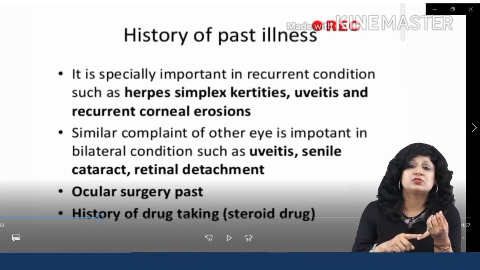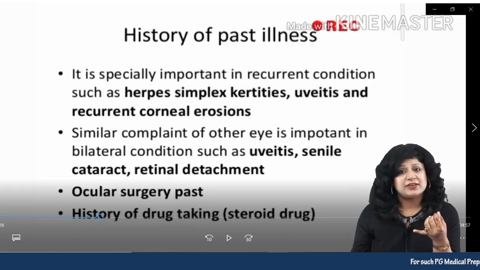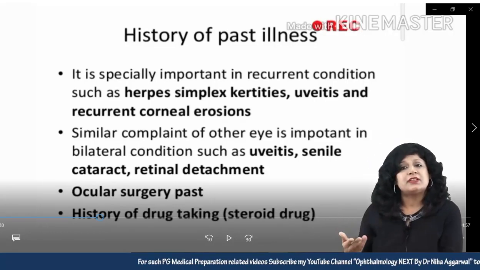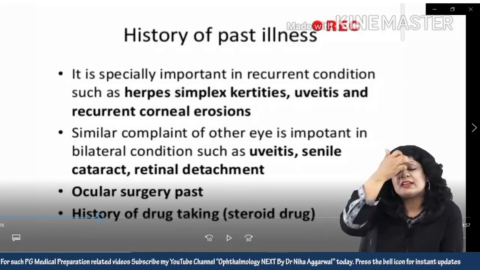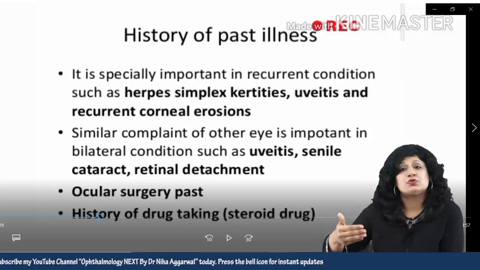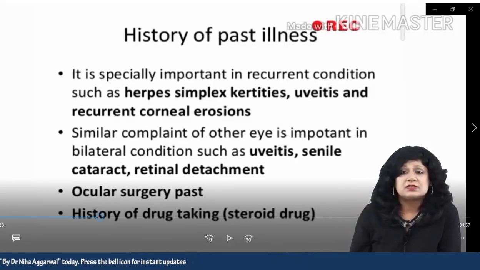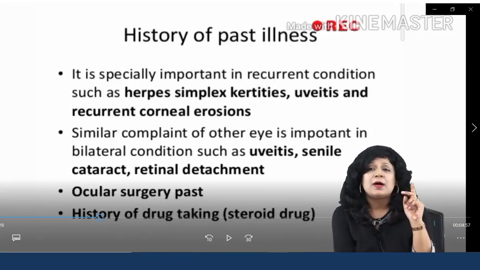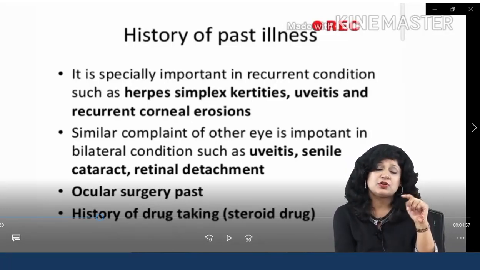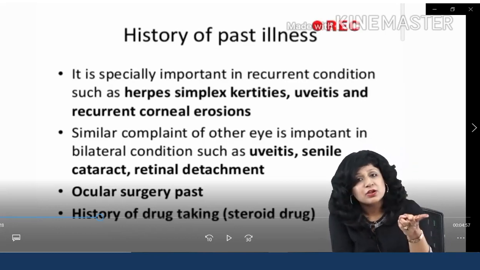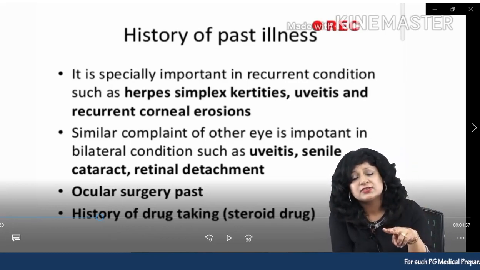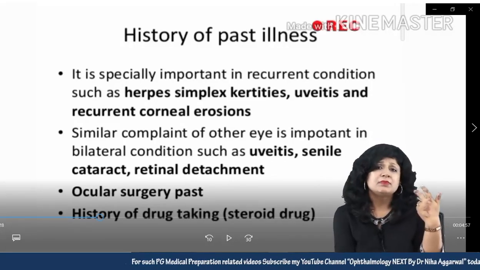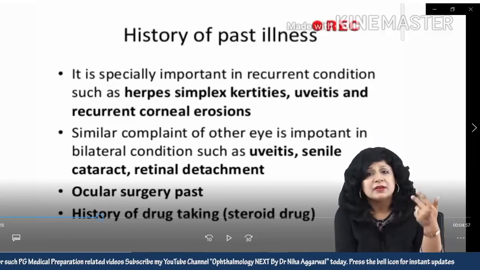It could be uveitis, it could be cataracts, senile cataract, it could be RD also, it could be CSR also. So there are certain things, most of the degenerations are bilateral, be it the pterygium, the pinguicula, the age-related macular degenerations. Then if there is any history of surgery, if you are taking the history, you have to ask both. Any general history also, general surgeries, any hysterectomy, oophorectomy, any mastectomy, any appendectomy if it is a